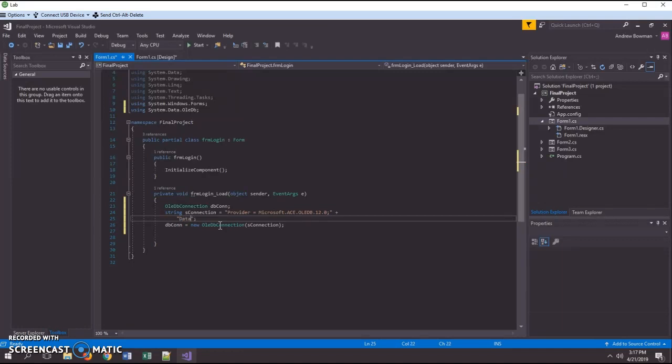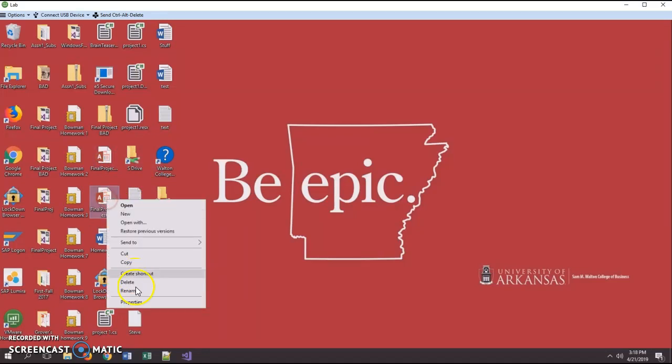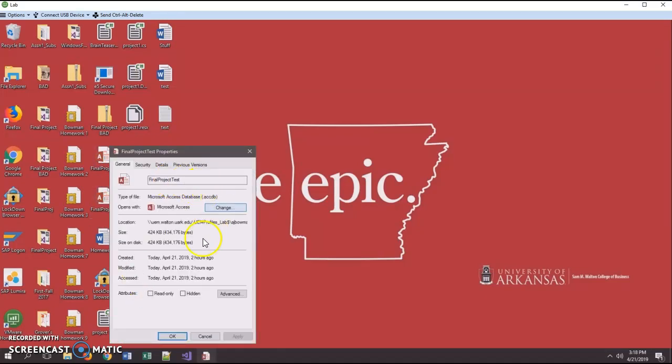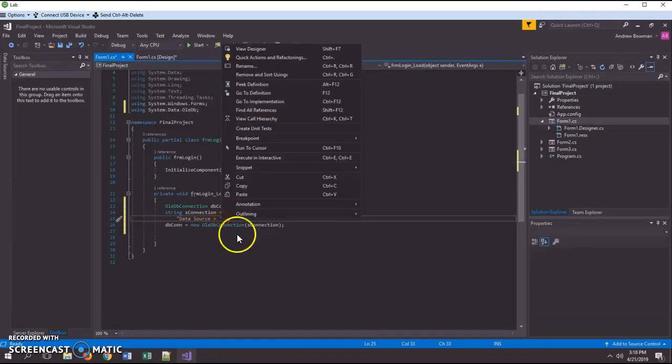and our data source needs to be equal to wherever our database is. And the easiest way to do that is to find our database object right here. Go to Properties, and this location right here, copy that, up here and paste it right here in these single quotes next to data source. So